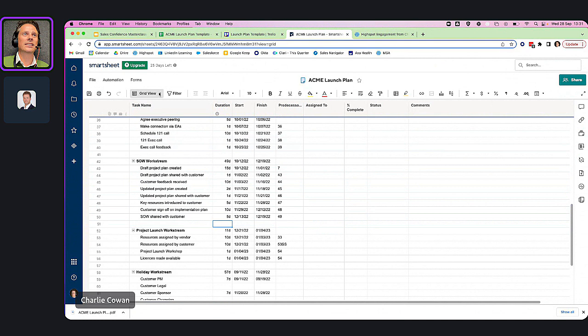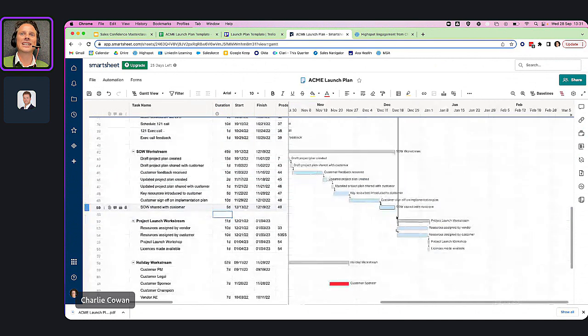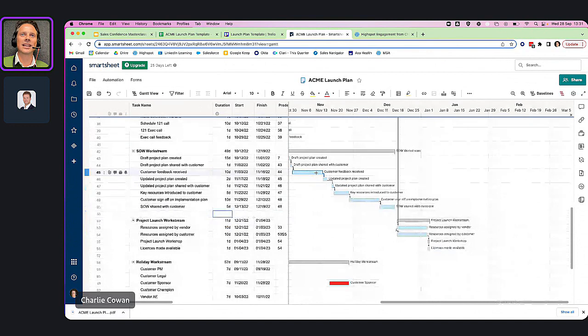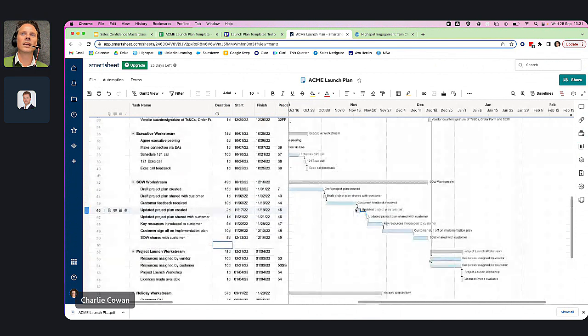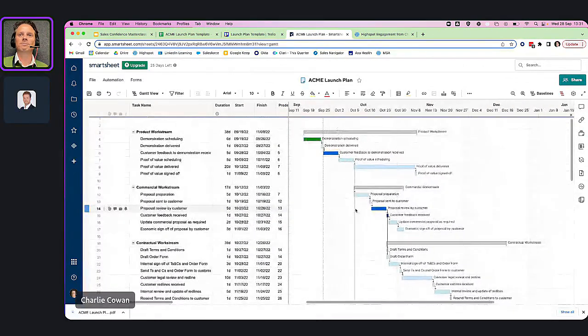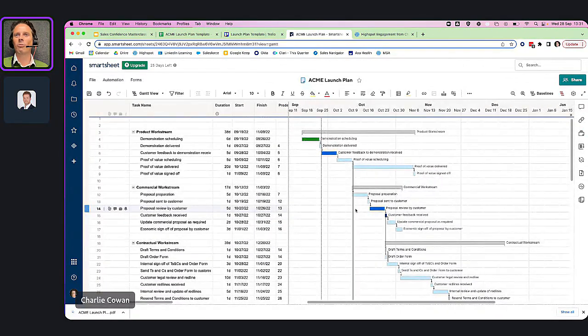And the beauty of this is that when you turn that into the Gantt view, you can see all of these activities that need to happen one after another. And this is the date when I'm going to be able to share the SOW with the customer. It's really helping me and the customer to visualize how we're coming into land that plane on the runway. So if I just scroll up here, this looks a lot more complicated than it is.